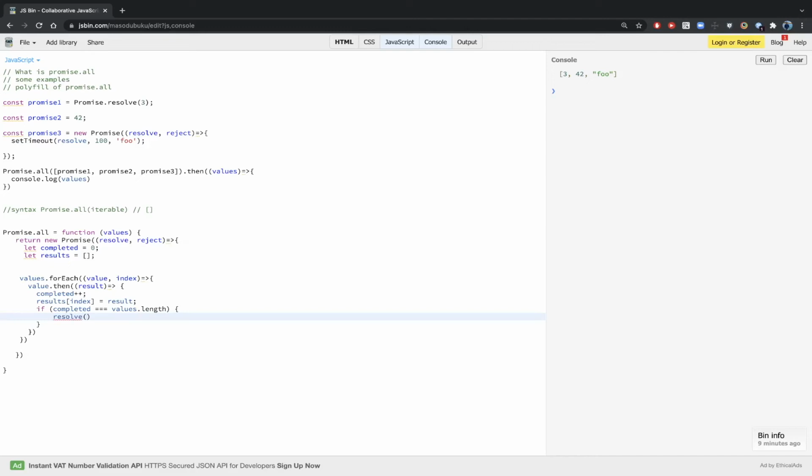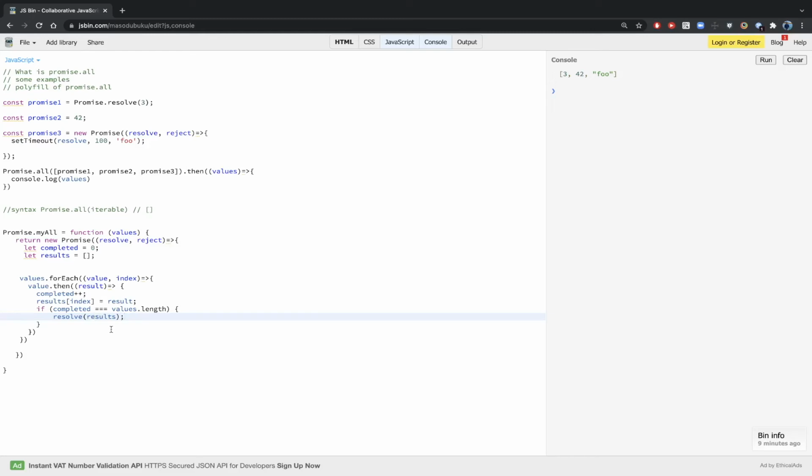And if you know how resolve works, whenever you call this resolve, it will return from this new promise. Wherever you create a promise in JavaScript and you call this resolve, it will return from that place, meaning it will return from that function, right? And it will come out of it, and at the end we are returning it. So here I'll just send the results, and I'll name it myAll, and this is done, to be sure that nothing breaks.